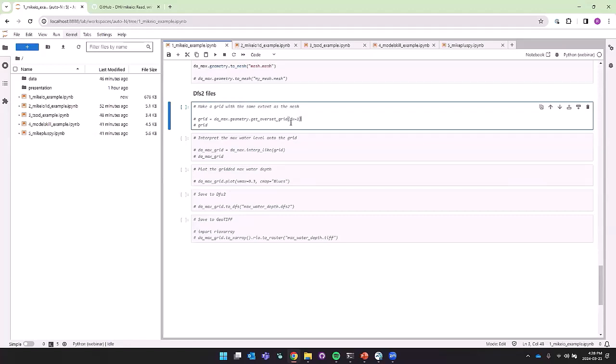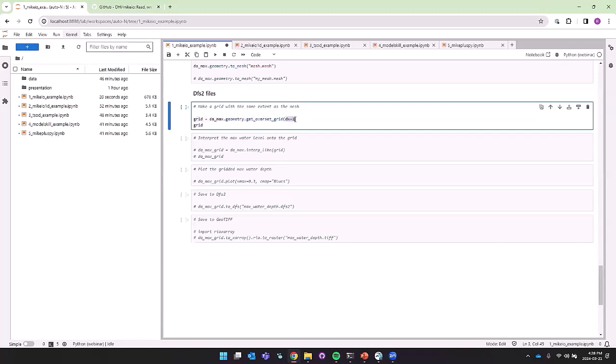So the first way that you would do that, I'm just going to uncomment this. The DFS2 is a grid, so a rectangular grid. We need a grid, and we can create a grid based on the extents of the mesh geometry.